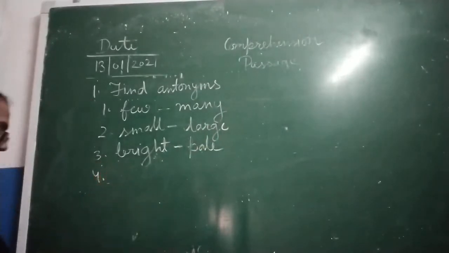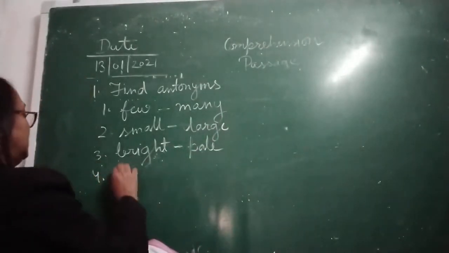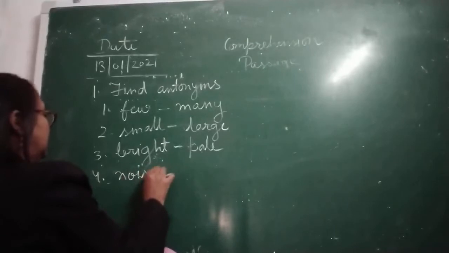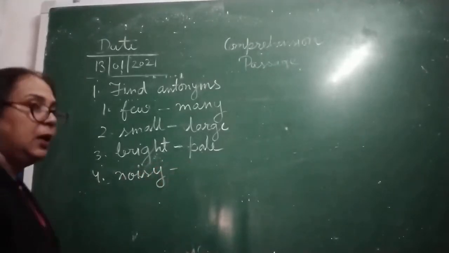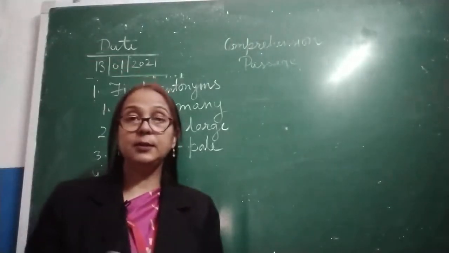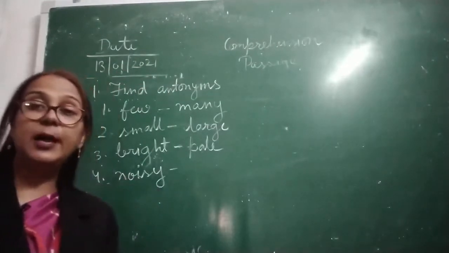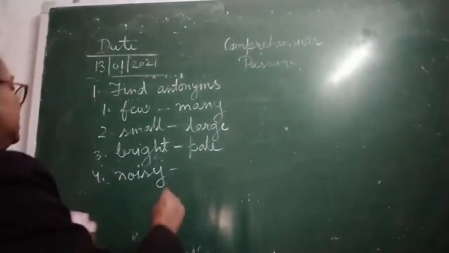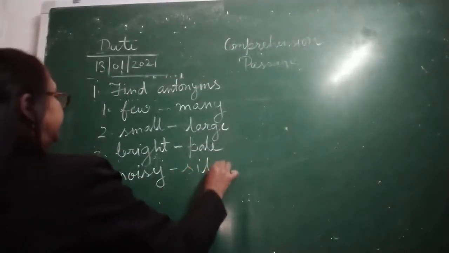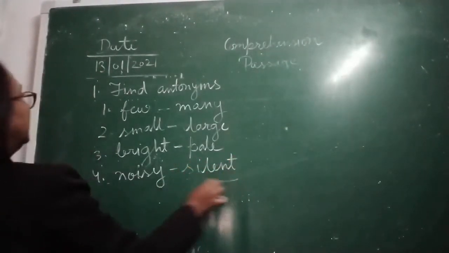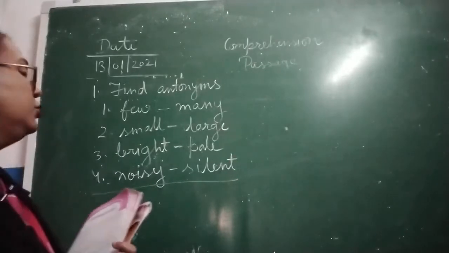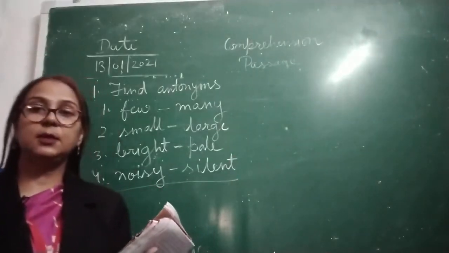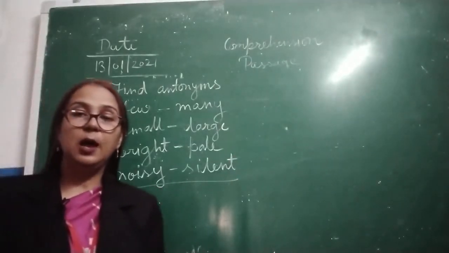Now the fourth is noisy. Noisy means it has a lot of noise. We are going to write the opposite from the passage, that is silent. So these are the antonyms we should write in the copy first, and then we will continue to our next